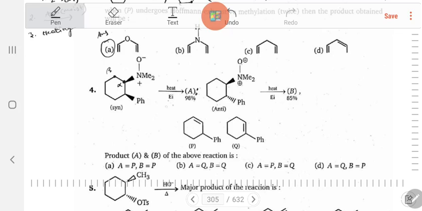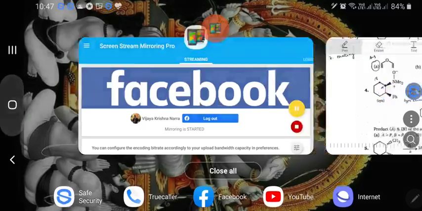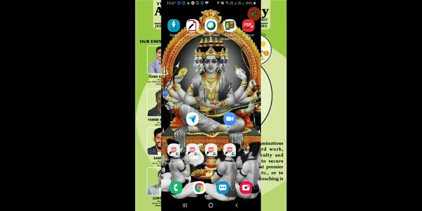During pyrolysis or Ei elimination, the elimination must be syn elimination. That means a leaving group, that means both hydrogen and the leaving group, or hydrogen and that amine oxide system, both should be from the same direction. That's what we have already discussed. Just let me show you that.